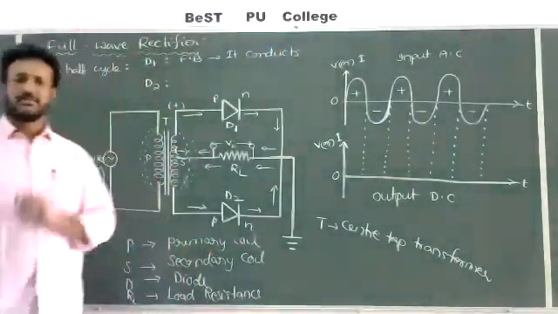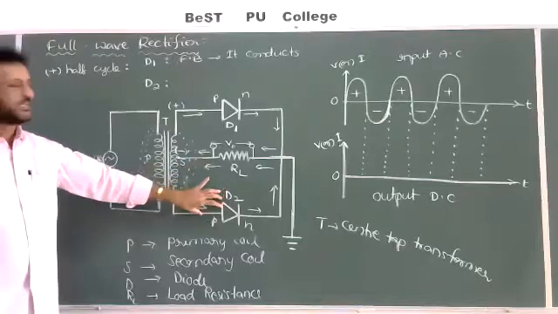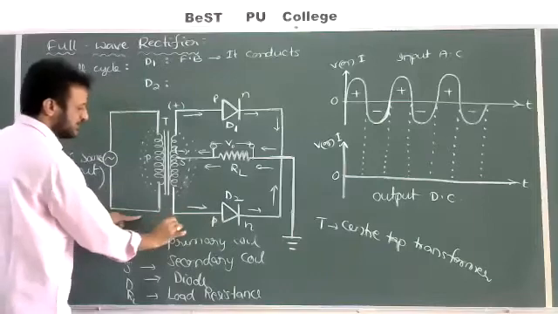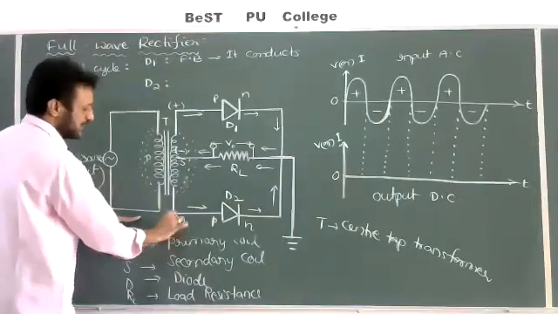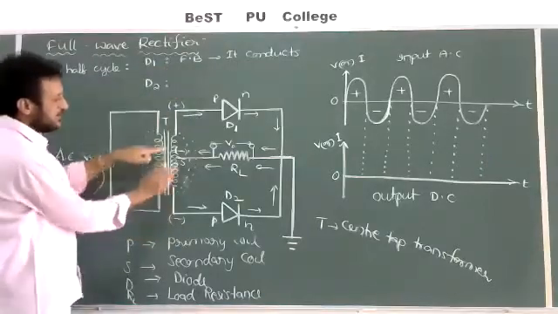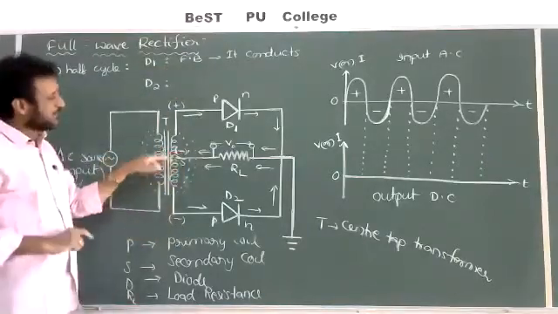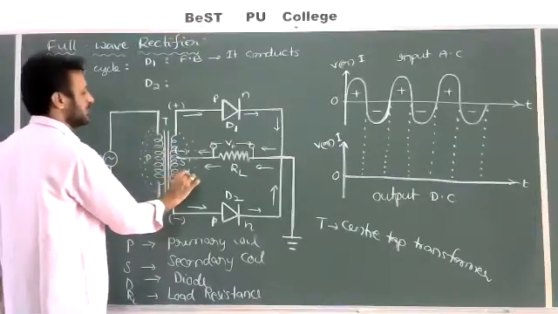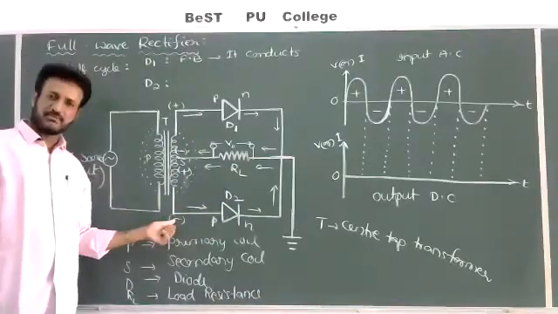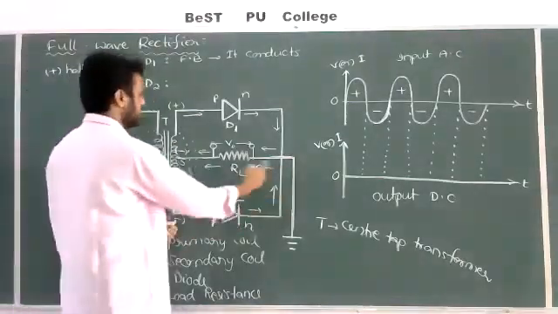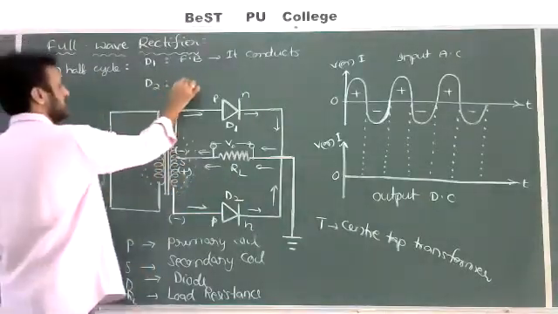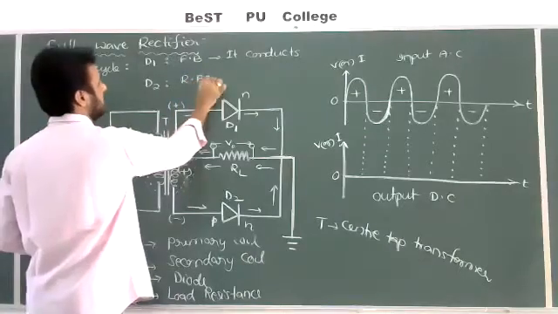At the same time, what about the second diode? Now check here. The P-type semiconductor of the second diode will be connected to the lower part, which is the negative terminal. Here the upper part is plus, which means the lower part becomes minus. Here is the middle of the secondary coil, the center point. Upper part minus means the lower part becomes plus. So check here. The P-type semiconductor of the second diode is connected to the negative terminal and the N-type semiconductor is connected to the positive terminal. So it acts like reverse bias. So during the first half cycle, the second diode acts like reverse bias.